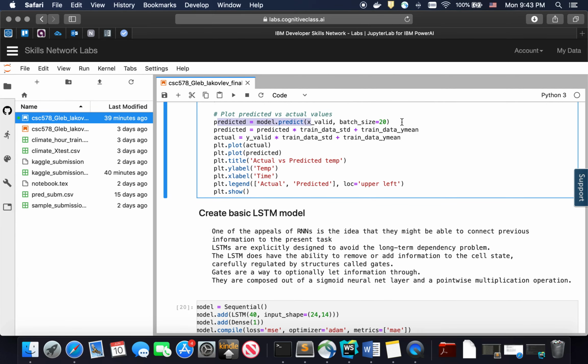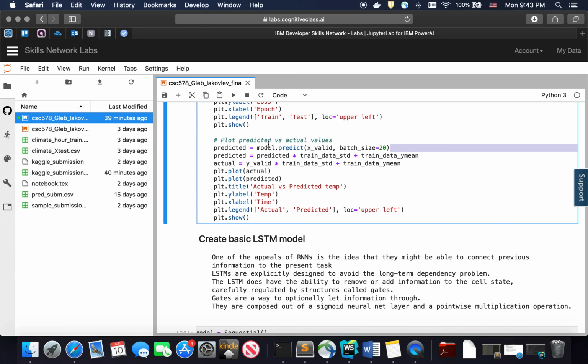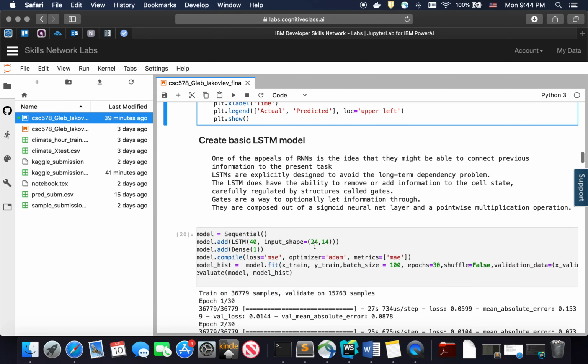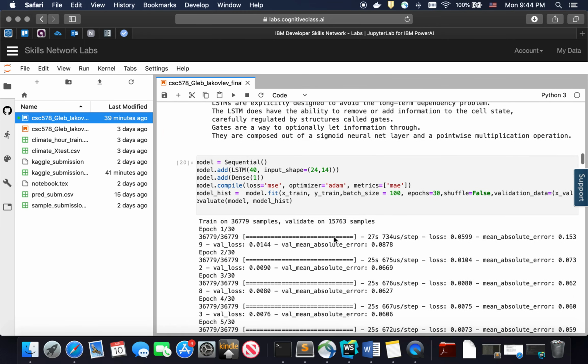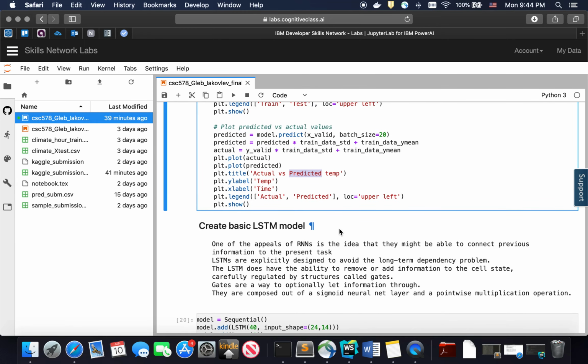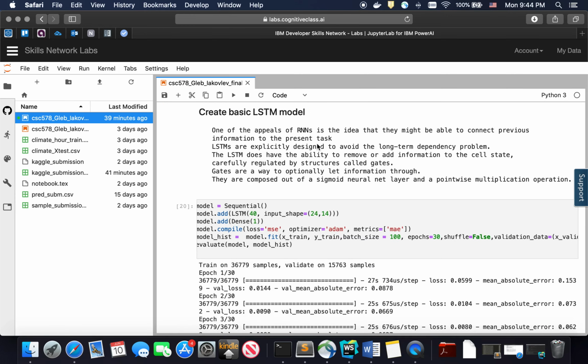I use the model to predict the validation data set, and I rescale it to the validation data set statistics after that, and show it in a chart as actual versus predicted temperature. So it will help me to show how correct or incorrect the output is, for training versus validation data sets. For this task, I wanted to concentrate on the design of a network rather than tuning